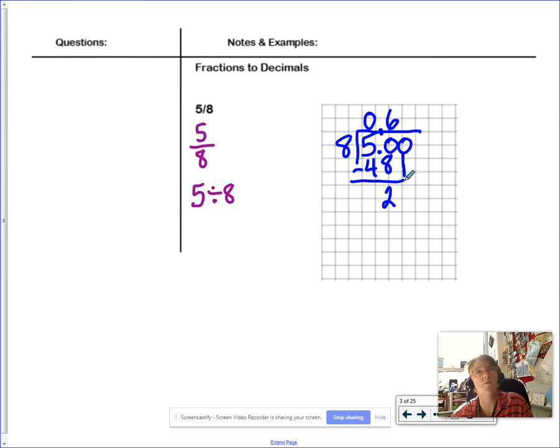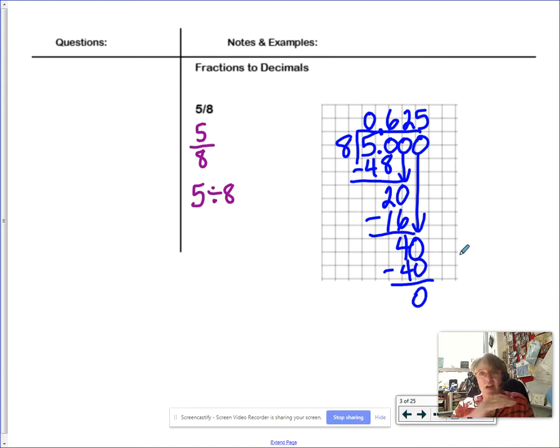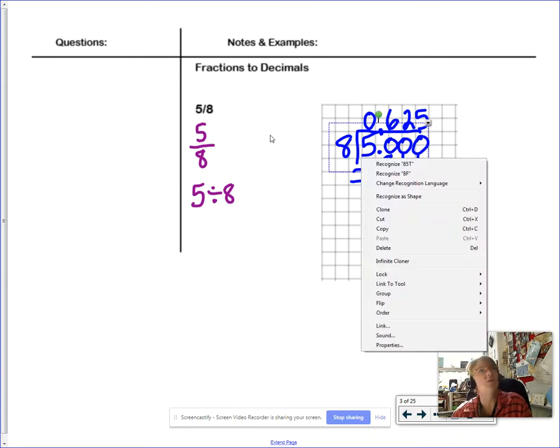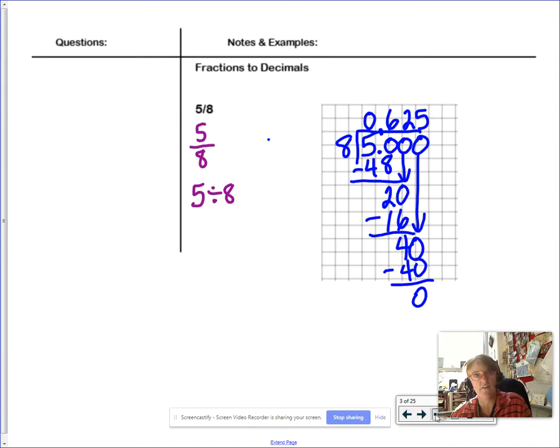I can't have that when I'm working with decimals. So we add a 0 and bring it on down. 8 can fit into 20 2 times. That gives me a remainder of 4. 4 is smaller than 8, so I'm okay, but I still have to keep going and add yet another 0. And now I'm going to say, oh, it can go into 40 exactly 5 times. When you subtract, I get no remainder. Now I'm done. So this fraction, 5/8, is the same as the decimal